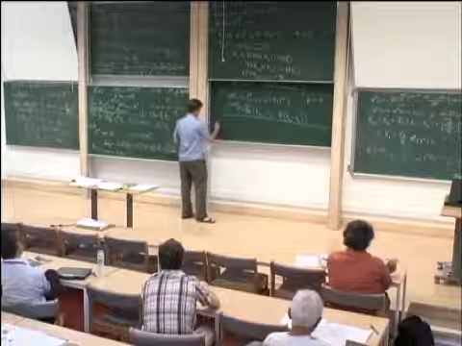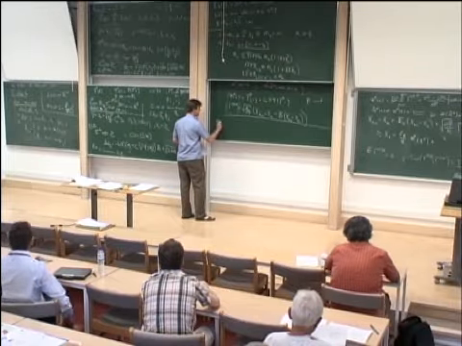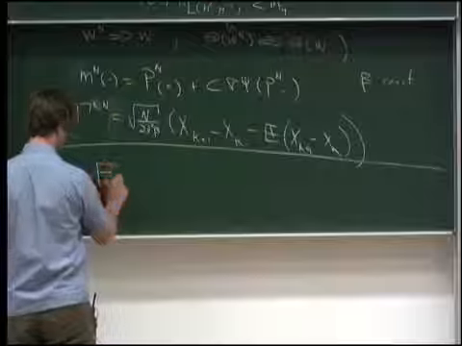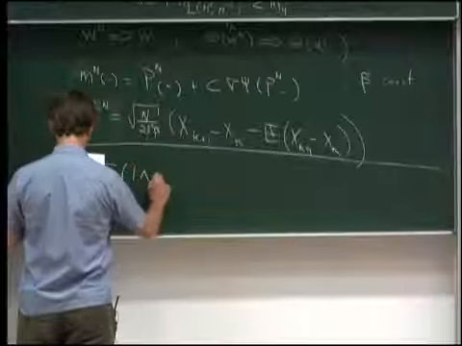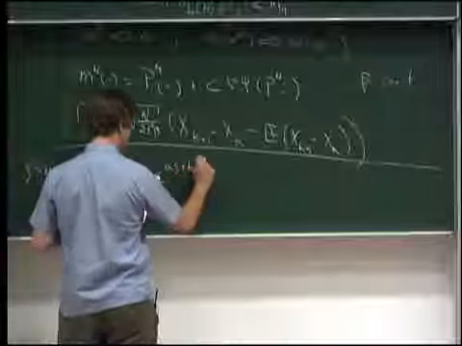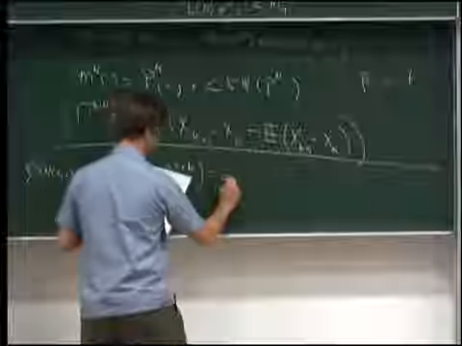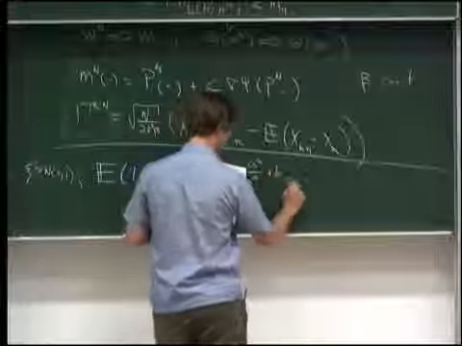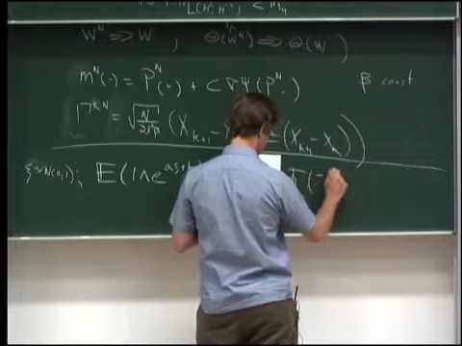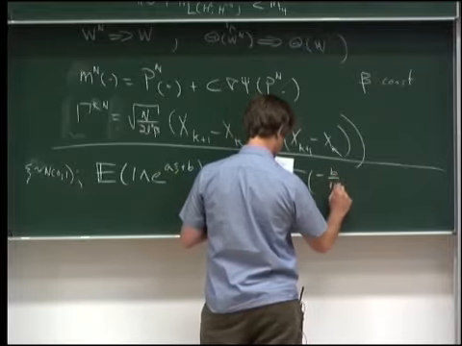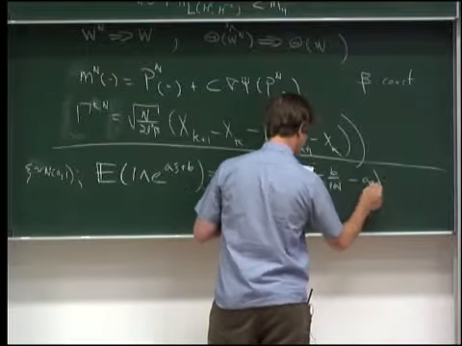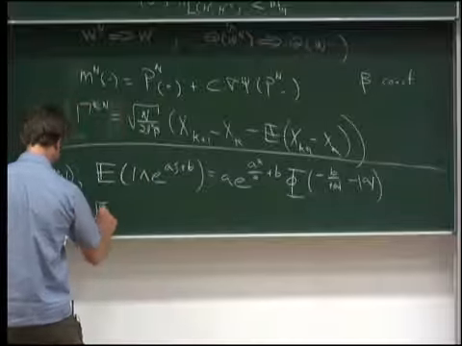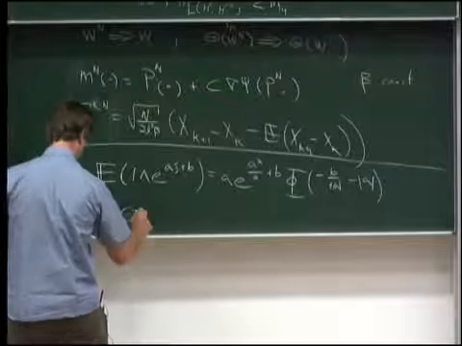There are two answers. So let C be normal 0, 1. Then it's a calculation that the expectation of 1 min e to the aC plus b, where these are constants, is a e to the a squared over 2 plus b phi. Okay, this is true. And the expected value of E,